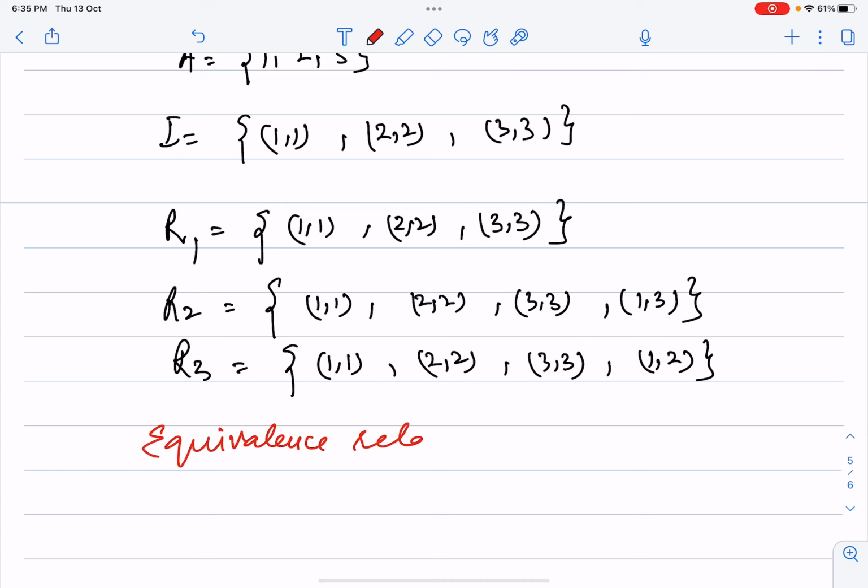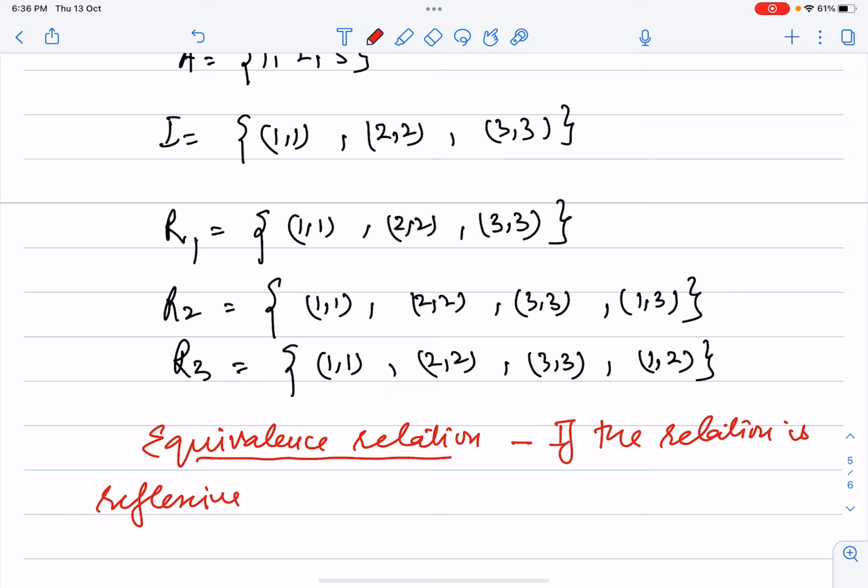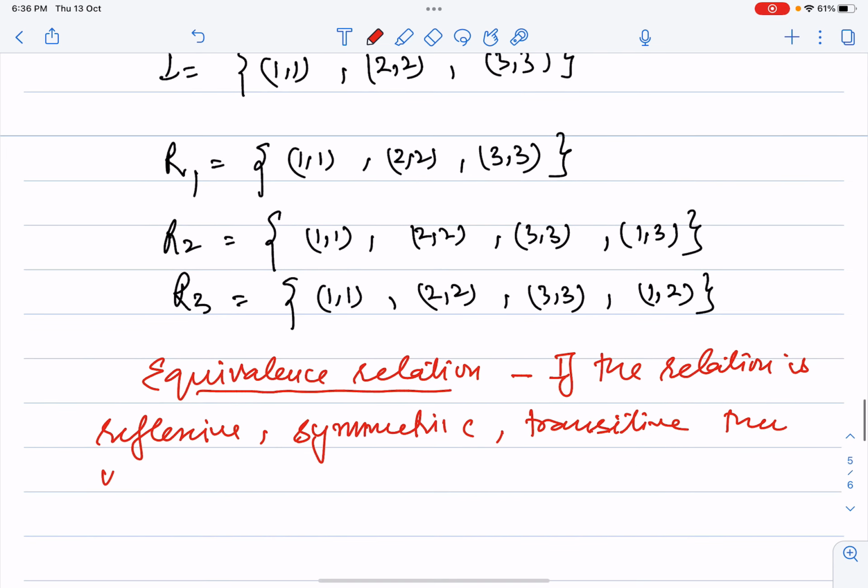Now what is an equivalence relation? Let me write the definition: if the relation is reflexive, symmetric, transitive, meaning all these three,